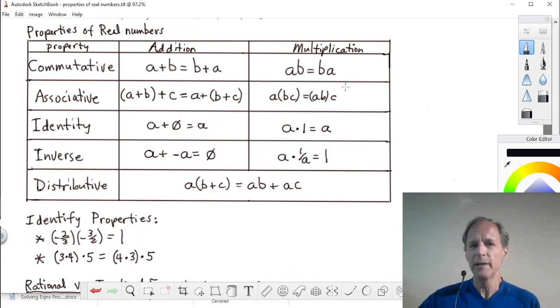Multiplication, the same thing, and it might not be obvious with multiplication. We know it becomes obvious after a while. It doesn't matter which order you multiply. 3 times 5 is 15. 5 times 3 is 15. But you can also do a little exercise and prove to yourself that it's always true with a little grid. It makes sense. This is the way quantities work.